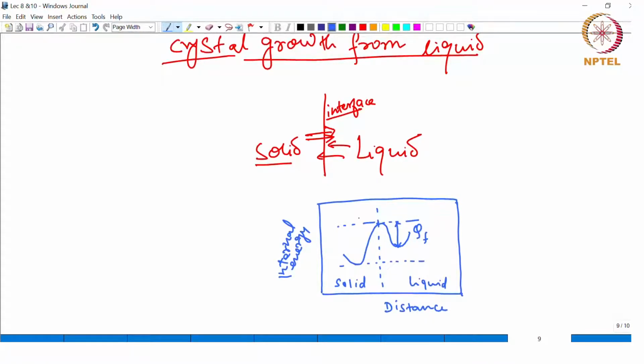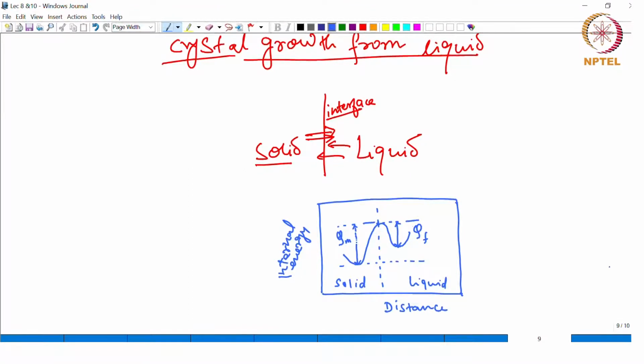Okay. Similarly, for the movement of atoms in the other direction, this is the energy barrier that has to be overcome, right,